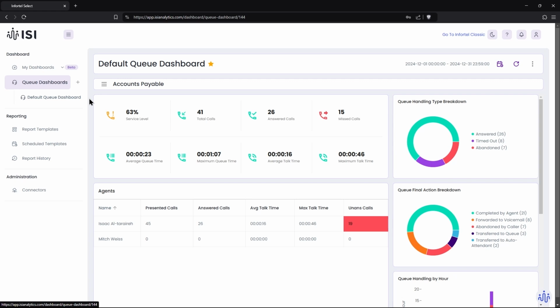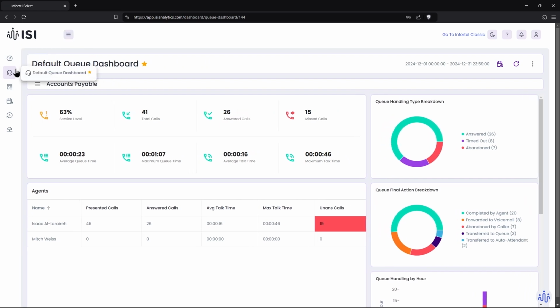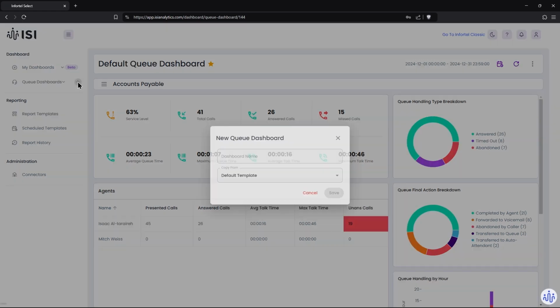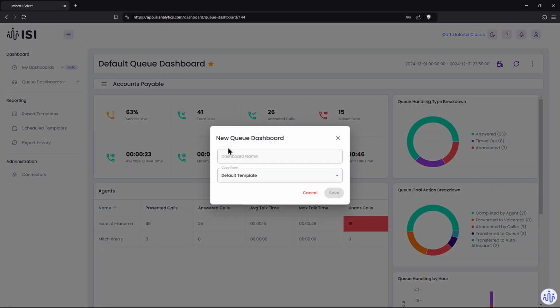members. To start with a new dashboard, we will make sure that the menu is expanded through the hamburger icon in the top left-hand corner. An unexpanded menu will not present the plus icon to allow you to create a new dashboard. Once the plus icon is selected, you will be presented with the option to name your new dashboard, as well